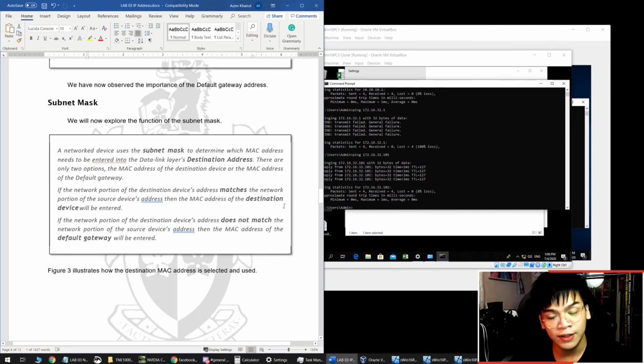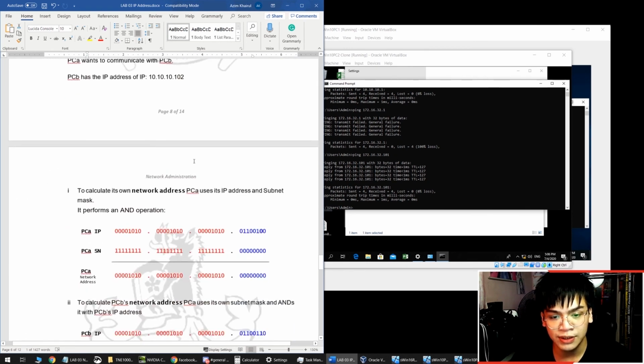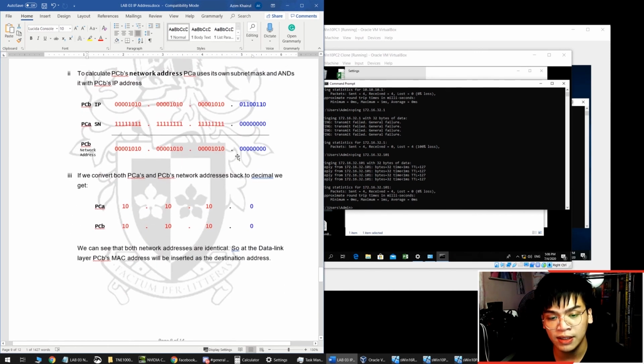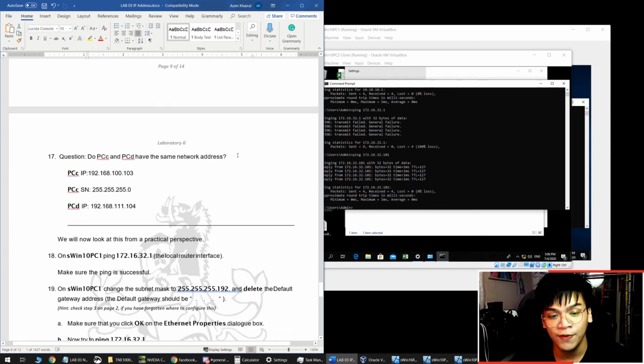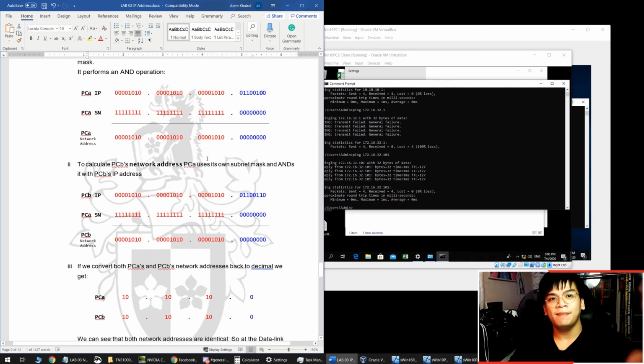I'm not forgetting to mention the usage of subnet mask is technically to find the network address of each IP address, that you can compare using the ANDing method or different methods that you learned before. So that's about it for this lab